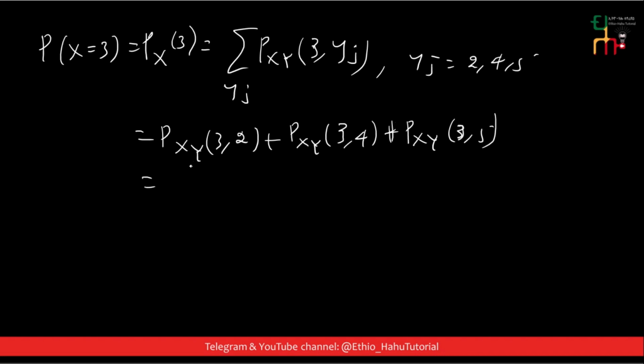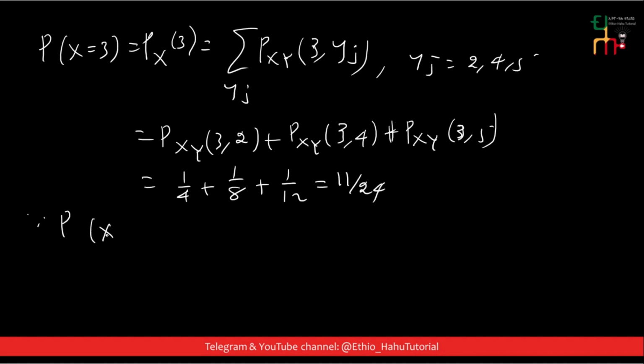The joint probability mass function of 3 comma 2 ማለት 1 over 4 plus the joint probability mass function of 3 comma 4 ማለት 1 over 8 plus the joint probability mass function of 3 comma 5 ማለት 1 over 12 ይሆናል። ይህንን ብትደምሩት 11 24ኛ ይመጣል ማለት ነው። Therefore the marginal